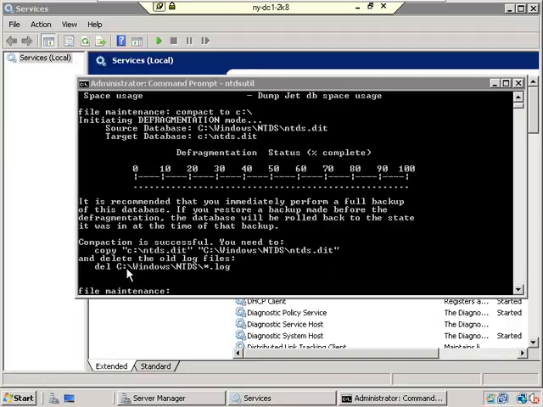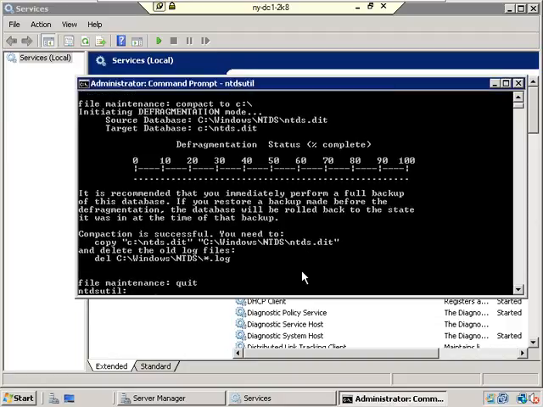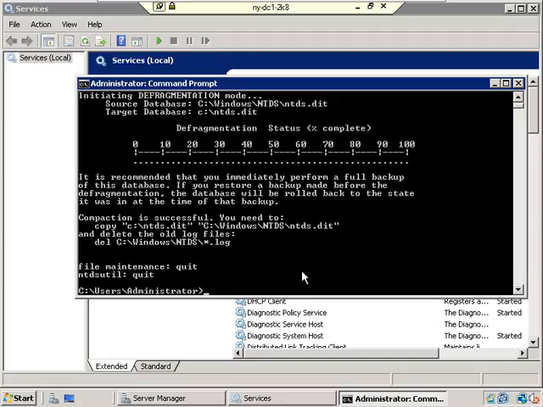And we also will need to delete the old log files, and here's the command to do that. So after you compact, ntdsutil actually tells you exactly what you need to do. Now, in order to make this happen, we need to quit and quit, because we need to quit the file maintenance context, and we need to quit the ntdsutil command. So now what we need to do is basically just type in exactly what we see on the screen here,